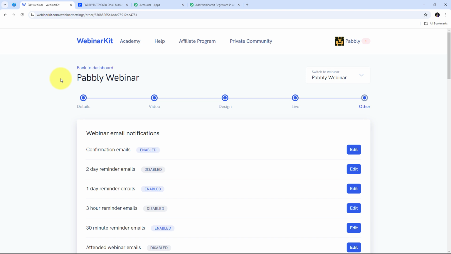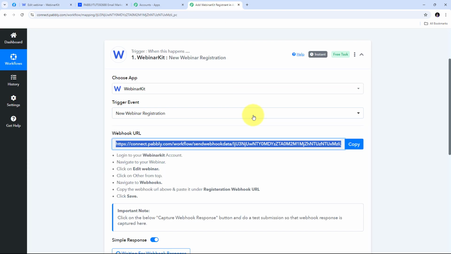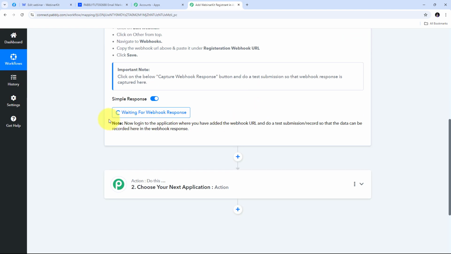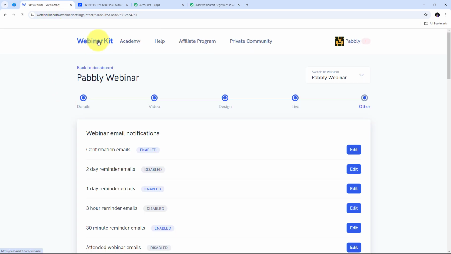Now what I need to do is I need to go back to Pabbly Connect, and here in Pabbly Connect we can see it is waiting for webhook response. So for getting this webhook response, what I need to do is I need to create a new registration for my webinar in WebinarKit. So for creating the registration, I need to go back to WebinarKit. I'm going to go back to the dashboard,